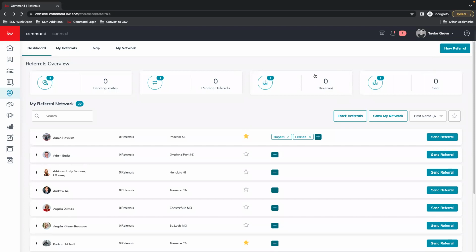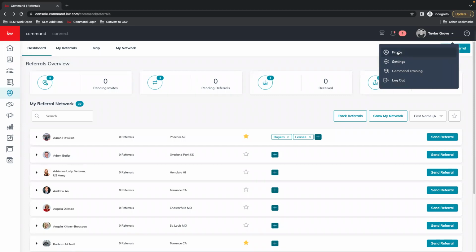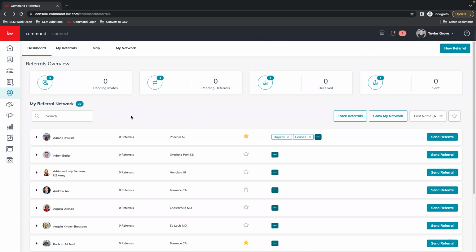I did forget to mention at the beginning when we went over the profile is if you're a brand new agent, we often see that that profile can take up to 2 weeks for KW to fully launch. So if you're getting an error that you don't have access to that yet, don't panic. That is pretty typical. If you see that after you've been active for more than 2 weeks, let us know. We may need to reach out to KW on your behalf so that we can see about getting that launched.